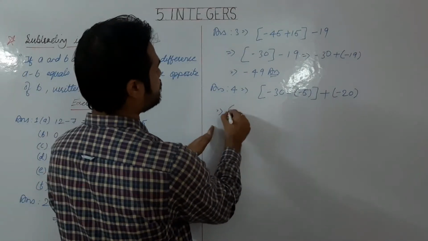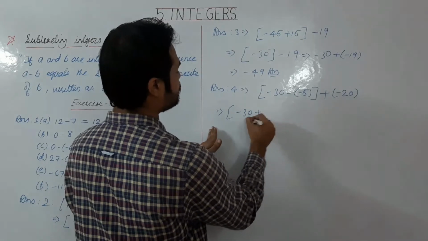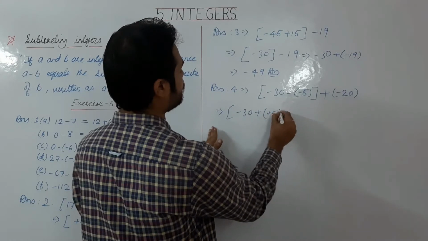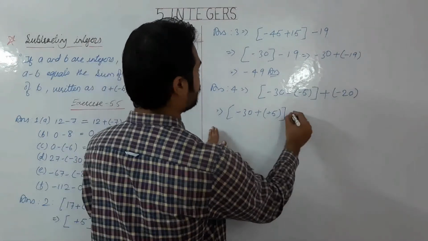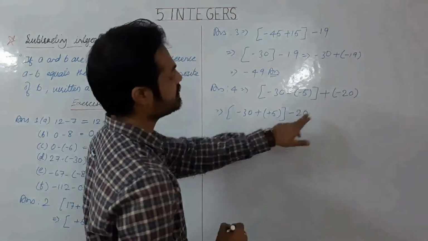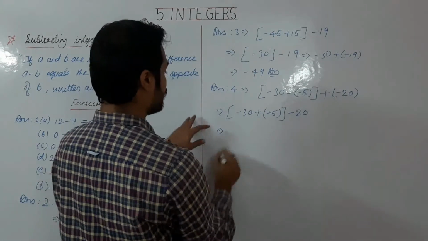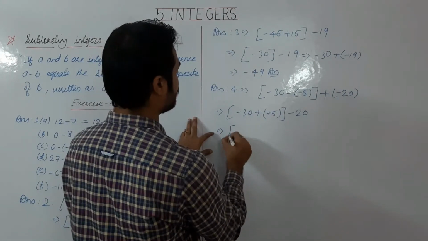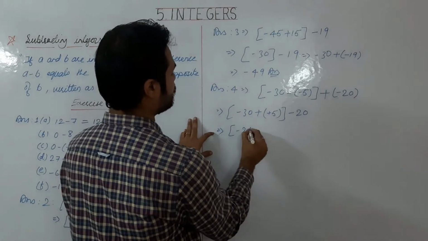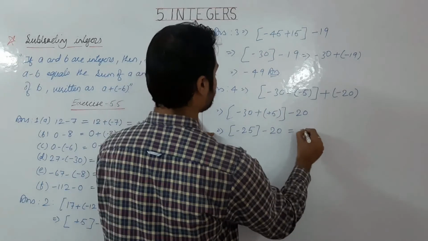Now we have to solve this. Minus 30, and using the property, write plus and the opposite of minus 5, plus 5. Then we have minus 20. Why minus 20? Plus into minus will be minus. So now we have minus 30 plus 5 is minus 25, and minus 20. So the answer is minus